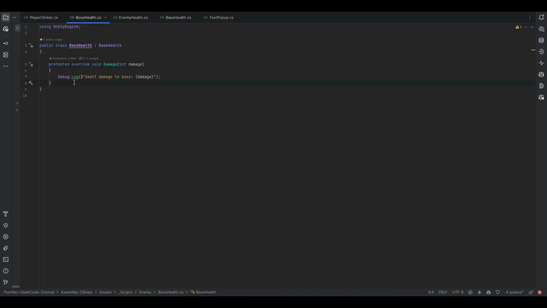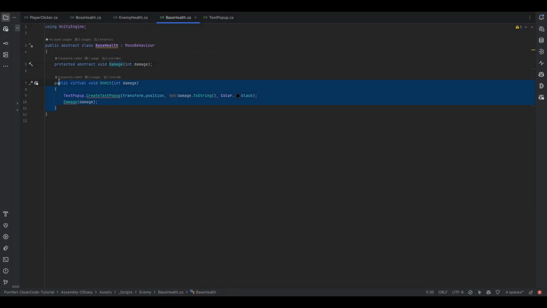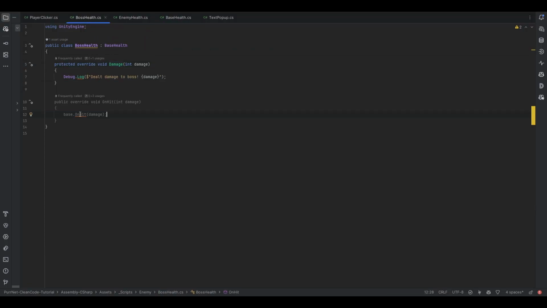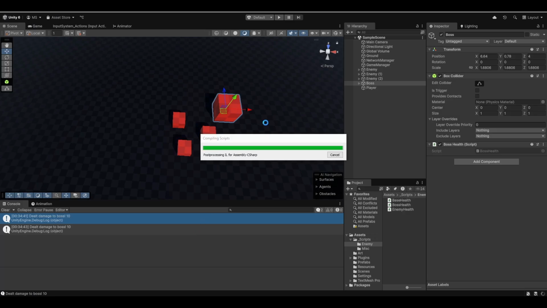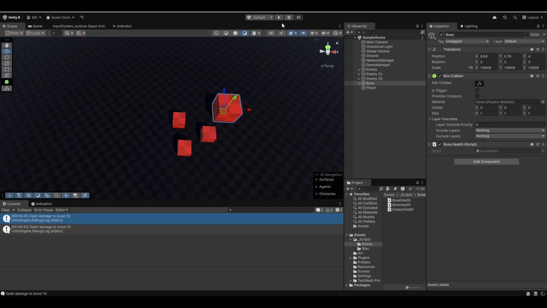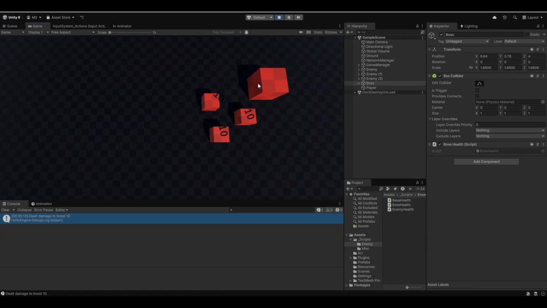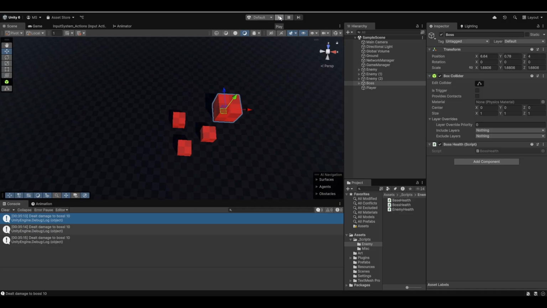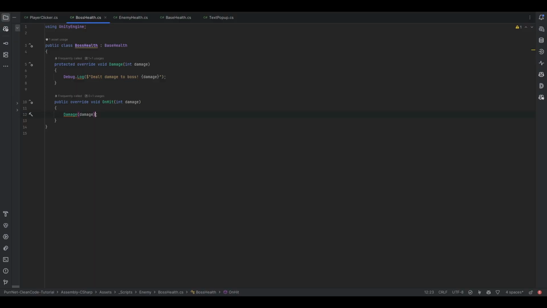But now let's say that the boss, we didn't want the damage pop-up. We can actually go take the on hit and then not call the base. The base on hit here essentially means that we're still calling what's in here in the base health script. But let's remove this base and let's just deal the damage directly, because we don't want to show the damage pop-up for the boss. As you can see now, when I click on them, the boss doesn't have the damage pop-up anymore. Right, this was just a quick example of using abstraction, and I hope that you are already familiar with abstraction,